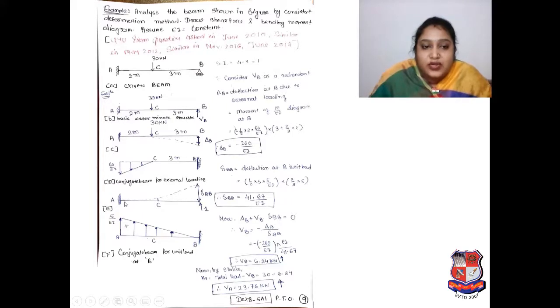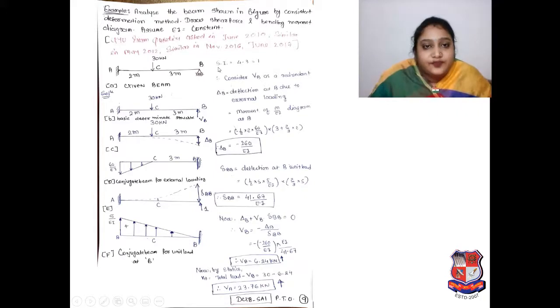Okay, so as per that, your del BB diagram, here 1 unit load is there, then 1 unit load is in upward direction, means there is a del BB deflection over here. And after that you have to draw the conjugate beam diagram for unit load at B. Okay, so your total distance 5, and your load 1, means 5 into 1, it's a 5 your moment. So M upon EI means 5 upon EI. So it is the simplification of all the diagrams in the consistent deformation method. You have to keep all the diagram sequence in your mind and you have to draw.